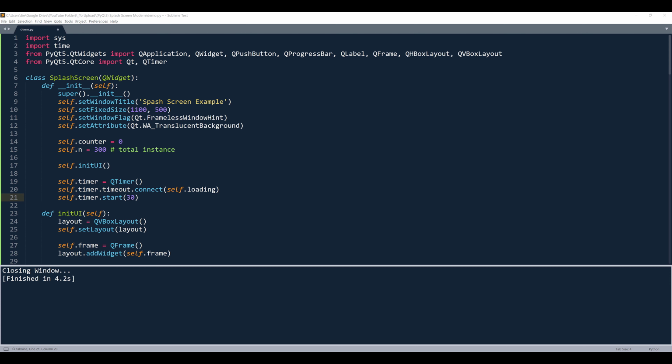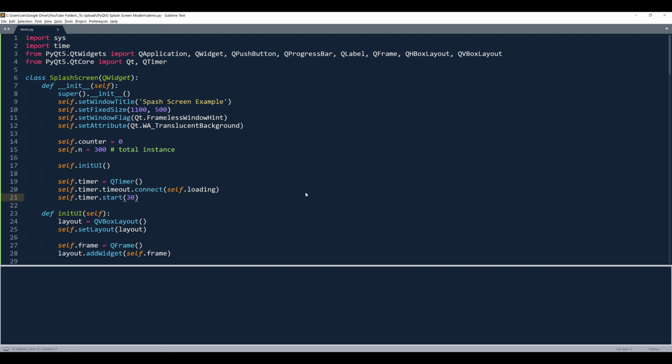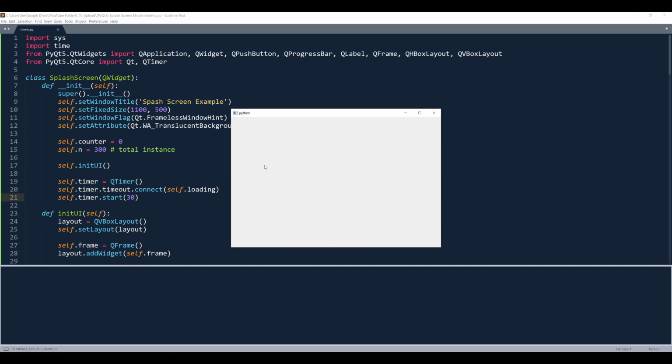And 30 means that I want to set the QTimer running speed to 30 milliseconds. Now if I run the script again, alright, so this time my progress bar is running at a much slower pace. And once the counter reaches 300, it's going to close the splash screen and display the MyApp class